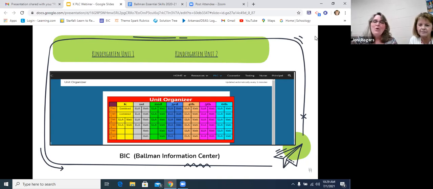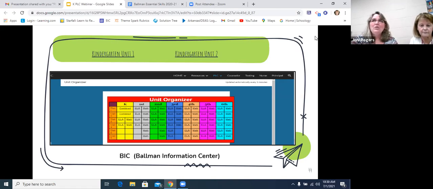If I want to make sure, instead of spending 3 weeks on shapes, if my kids are struggling with that hexagon and I still have some kids that are working on addition, I'm thinking that addition is a little bit more important than taking on that hexagon. Not that I'm going to forget that hexagon. I'm going to put it up around the room and we're going to talk about it at different times and point it out, but I'm going to get as much bang for my buck with those essential standards.